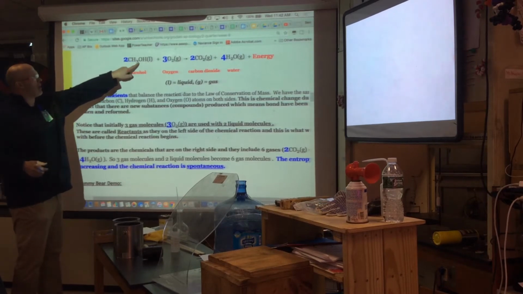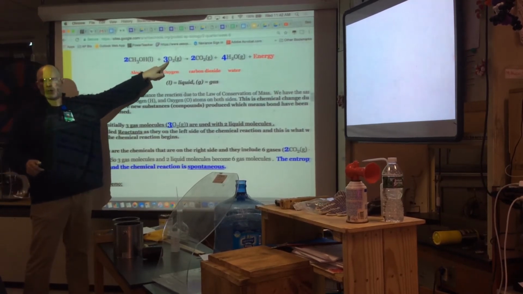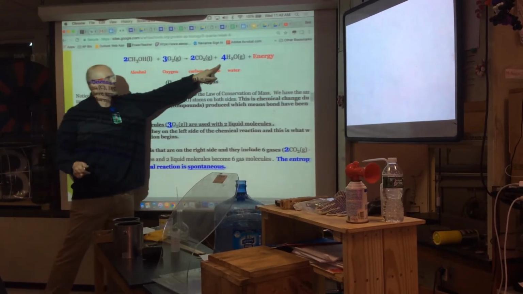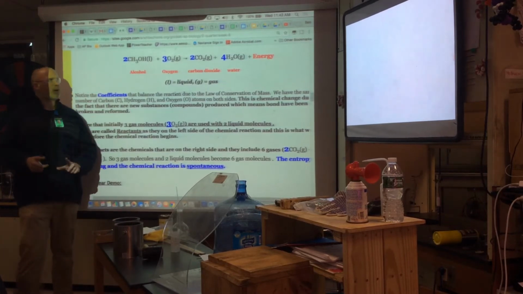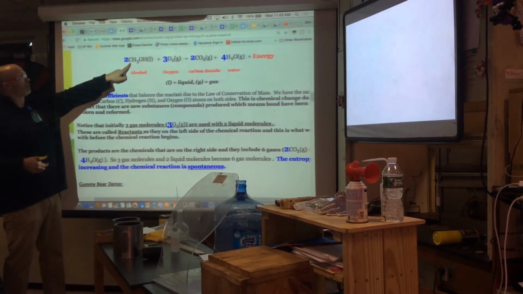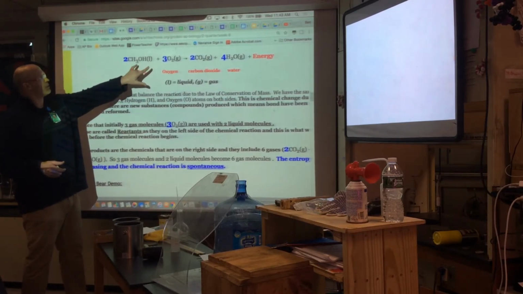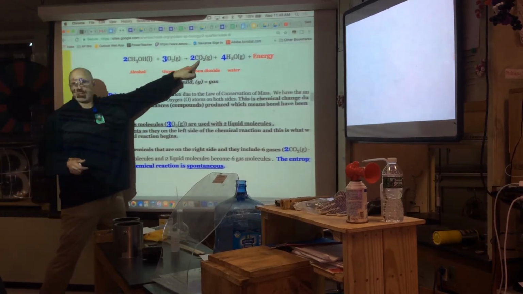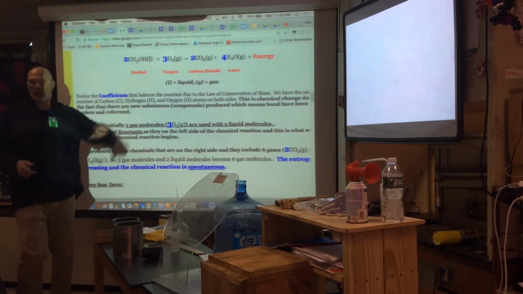I have 2 alcohol molecules plus 3 O2 molecules. Now, it's going to make, if they all react, a total of 6 molecules. You may say, Mr. Grodsky, I'm going from 5 to 6. But this is a big molecule, okay? These are smaller. Now, you say, okay, it seems to me that I'm creating more degrees of freedom. There's 6 molecules here, correct? And there's 5 here. Now, think with me.